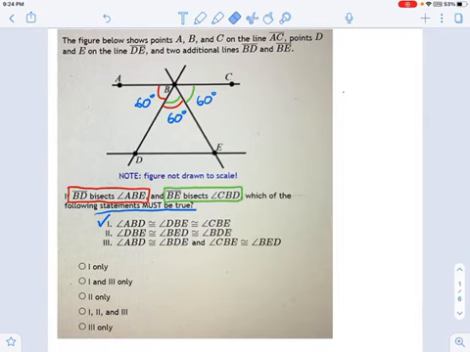Let's see if there was anything else in here. DBE, BED. Yeah, see, I cannot say that this angle right here has anything to do with this angle. Just don't know enough. If those were parallel lines, then that would be different. ABD congruent to BDE, ABD. And I also can't say, here's something else I don't know, there's a lot. I can't say these two angles are equal, because I don't know if those are parallel lines. So for this problem that I'm looking at, all I've got is 1. That's the only statement I know for sure.